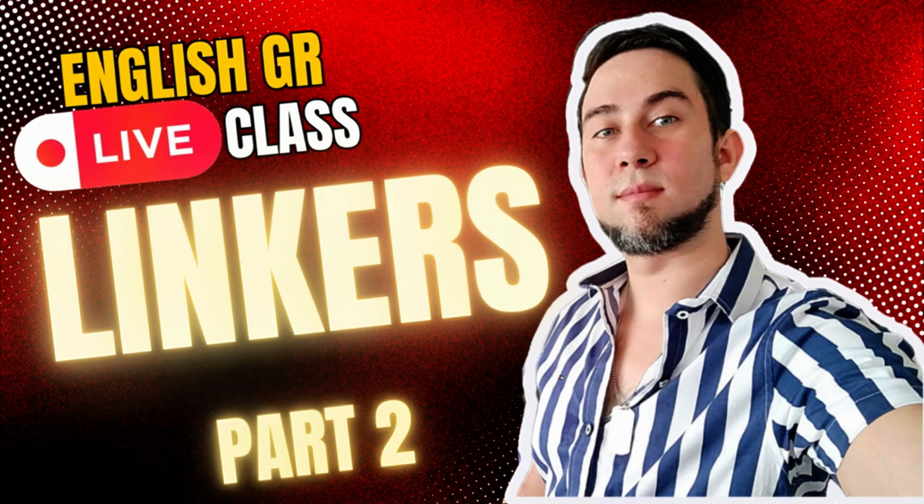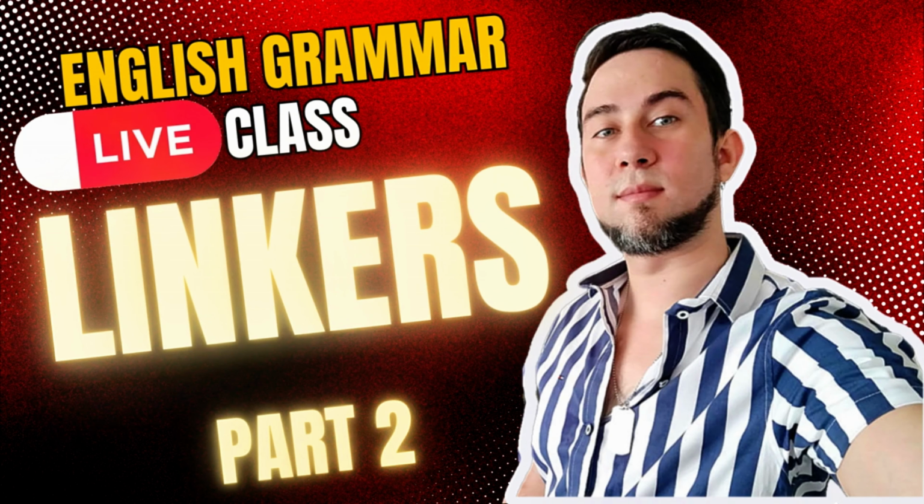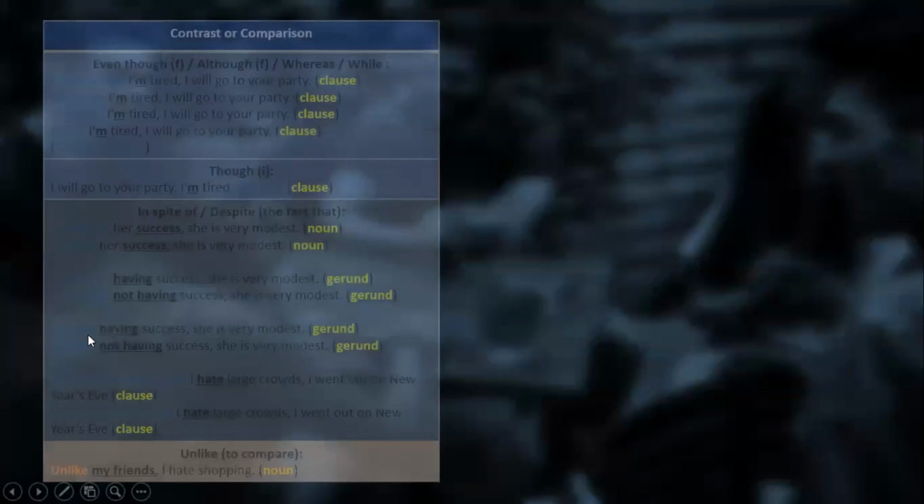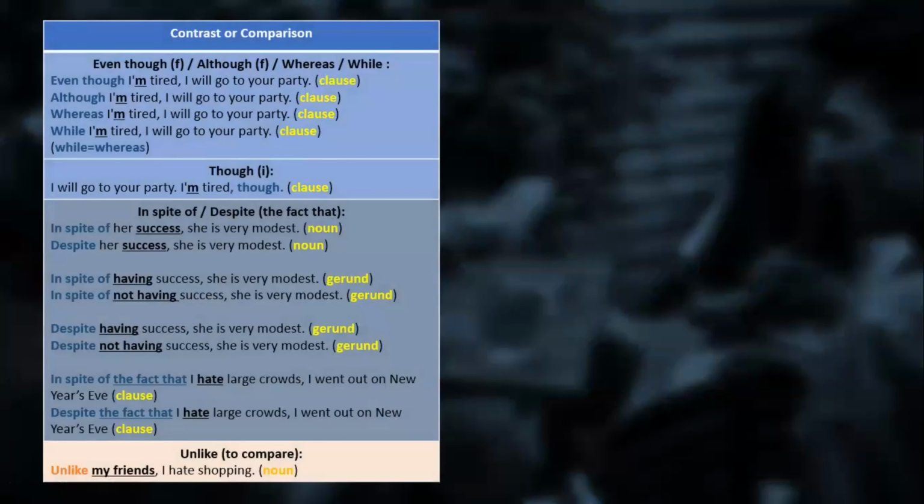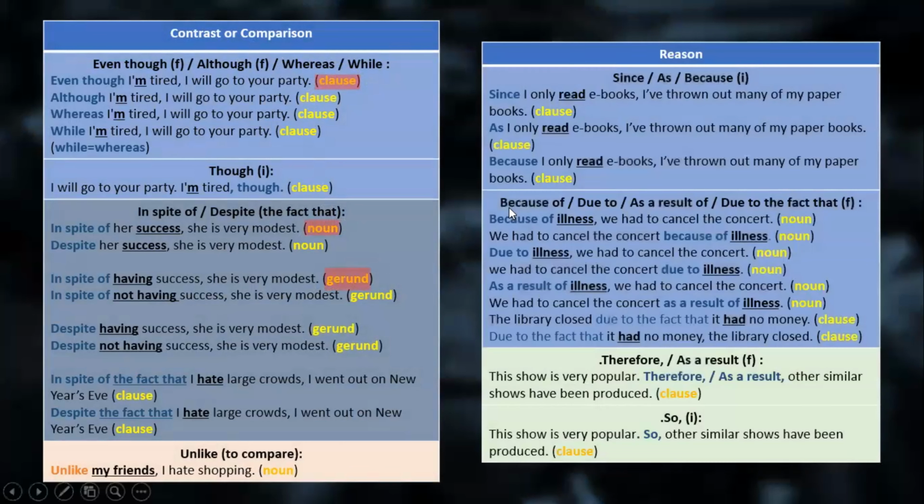We have a vocabulary, that's true. And also we contrast and we use different ideas in the sentence. When we use linkers, we need to recognize the type of information we have. If we have a clause, if we have a noun, if we have a gerund. Also, sometimes you just need to use a verb, but it's not all the time. So in here, we need to remember, in order to contrast, we have the vocabulary that Alejo mentioned previously.